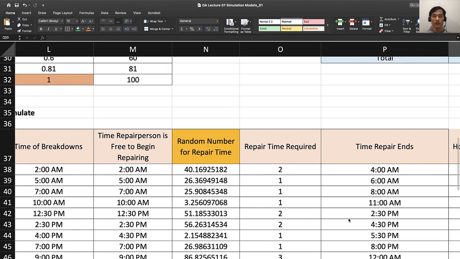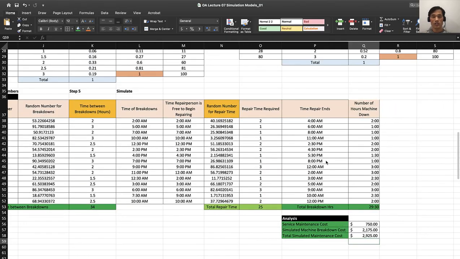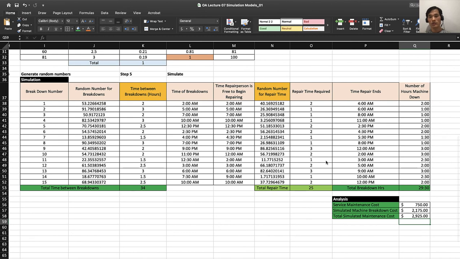use two different variables and then see how they are going to be added in your simulation, and then see how things are changing depending on the random events, so that you can see, usually number of hours down was 3 hours or 2.5 hours. Sometimes it happened 4 hours, or 4.5 hours can happen. For example, here 4 hours, because there's mismatch between time breakdown happened and the person is done with the